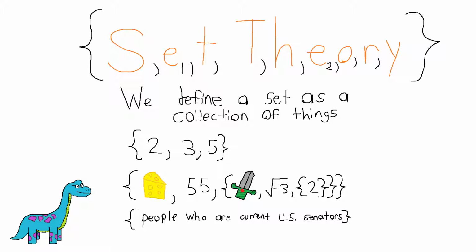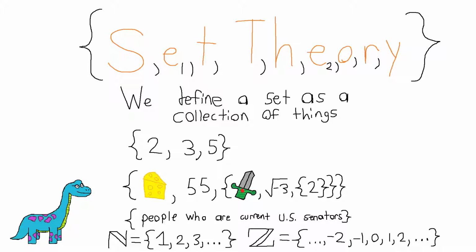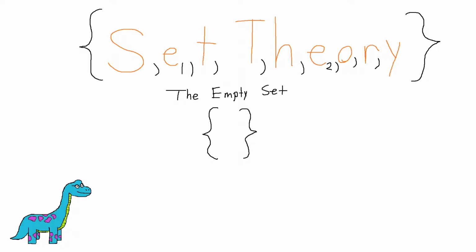Before proceeding, I should quickly mention that we already saw two very important examples of sets in previous videos: the natural numbers and the integers. I should also mention that there is a very important set called the empty set, which is just the set that contains nothing. One way to represent the empty set is with a pair of curly braces that has nothing in between them. However, it is much more common to represent the empty set like this, with a circle with